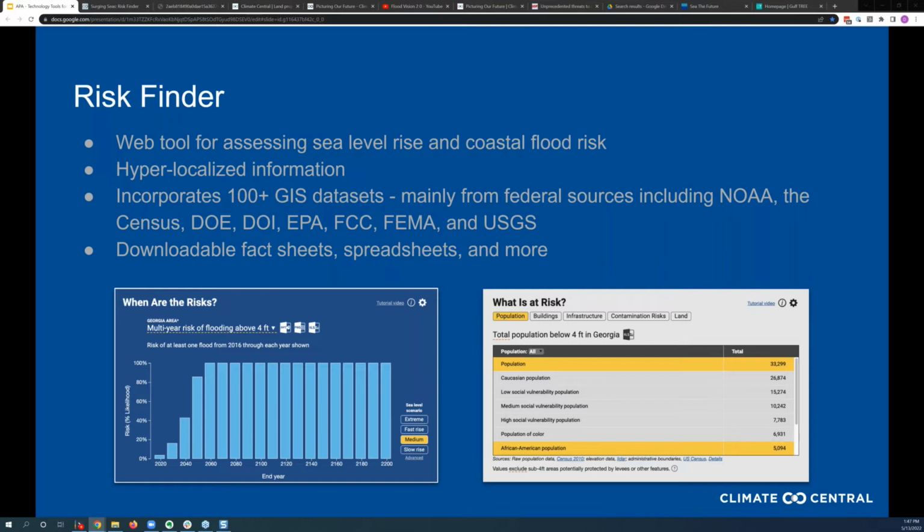We utilized NOAA LiDAR-based digital elevation models that Doug and his colleagues have compiled and made available, so we're really grateful for that, given all the work that it entails. We also utilize NOAA tide gauge data and sea level rise projections. So in a sense, we're a case study in how nonprofit organizations can build tools utilizing federal data sets.